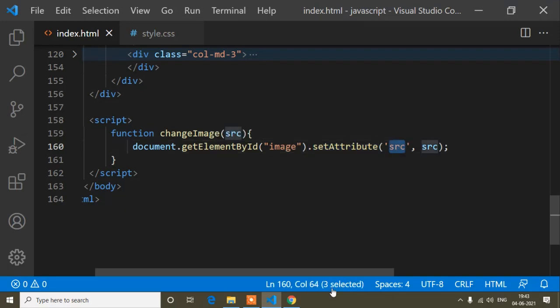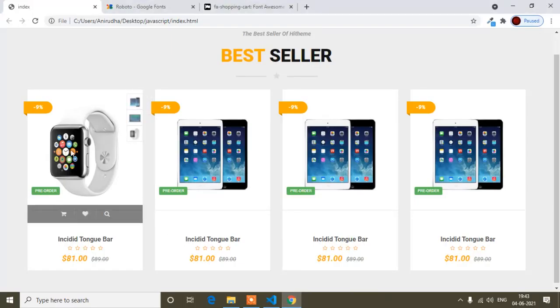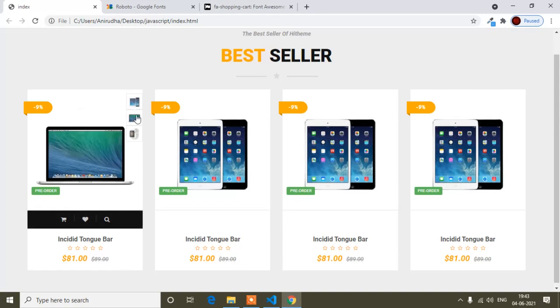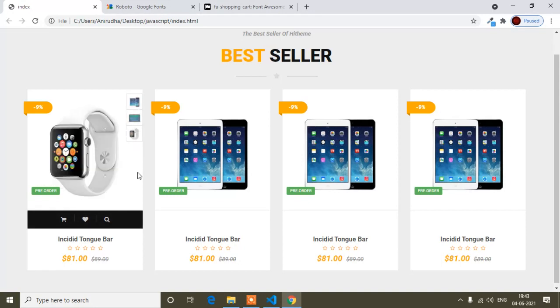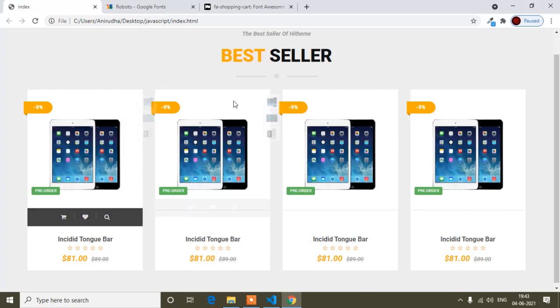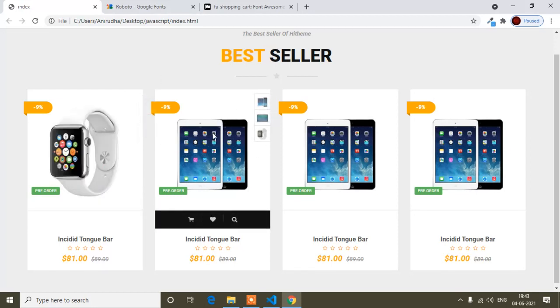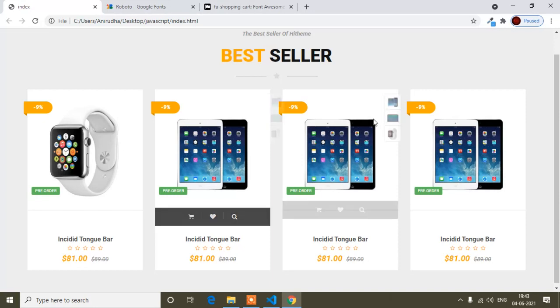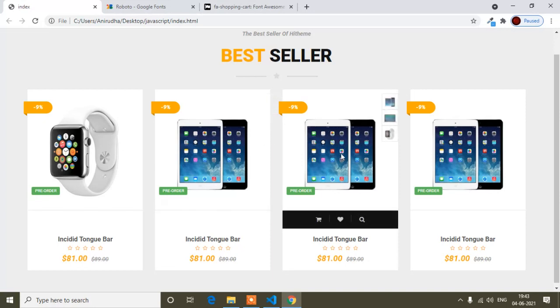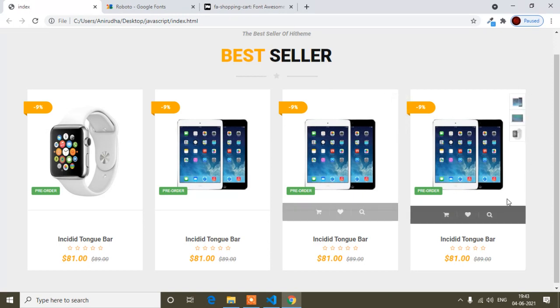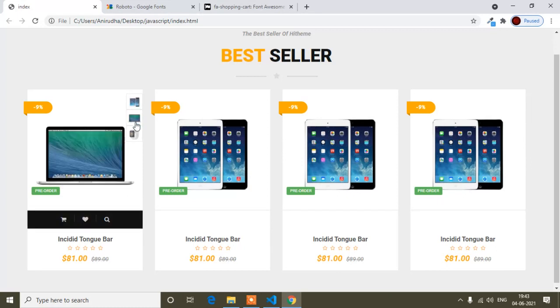I have written here setAttribute, which means it's setting the attribute source, and inside this attribute's value I am setting this source, and inside this source property I am getting the image path where I am hovering. So you can see it's changing based on hover. Okay, so this is done. This card I am not doing, because I hope you can do that for this card also. I will give you the task: you can do it by yourself for the rest of these three cards. The first card I have shown how you can do.